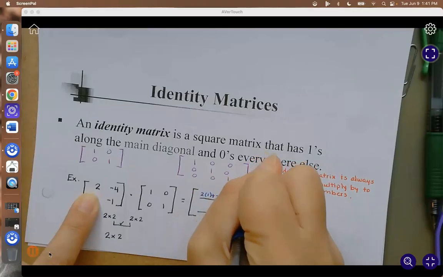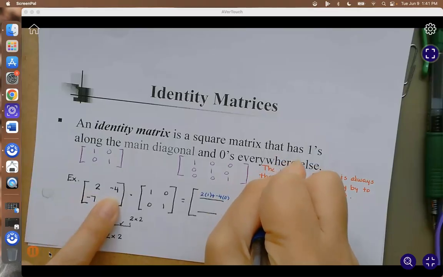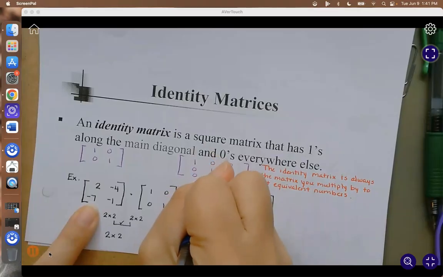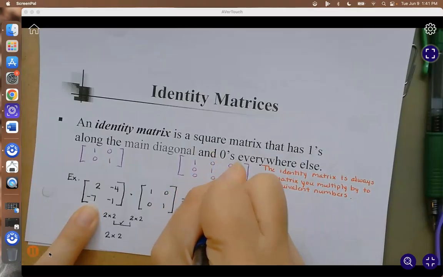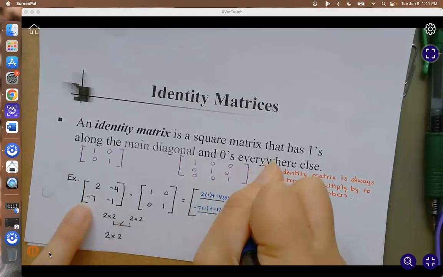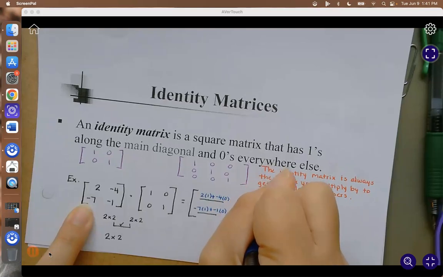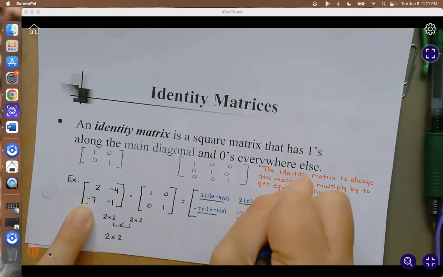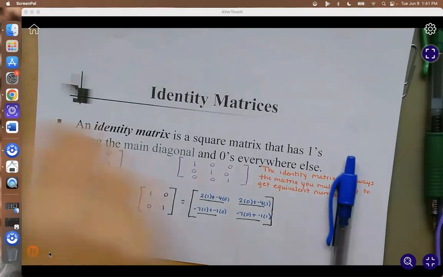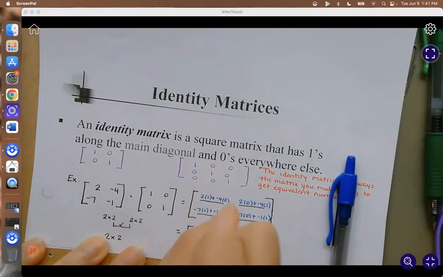Then the first row times the second column: 2 times 0, -4 times 1. Then -7 times 1 plus -1 times 0. Then -7 times 0 plus -1 times 1. Okay? And that's going to give you